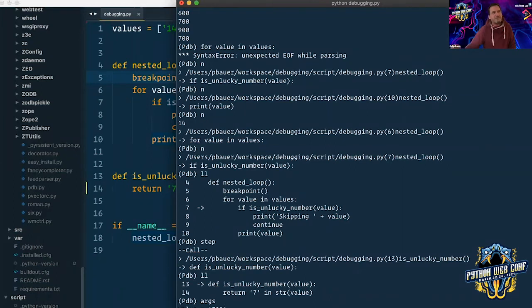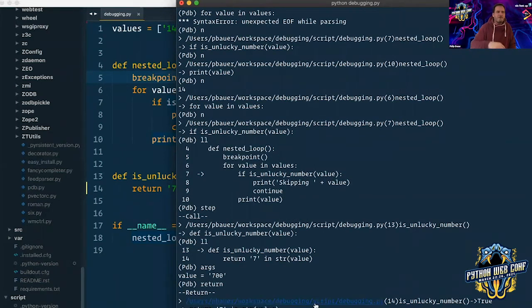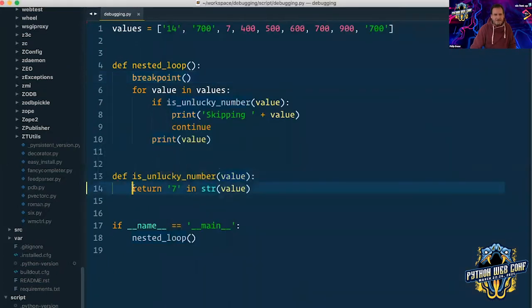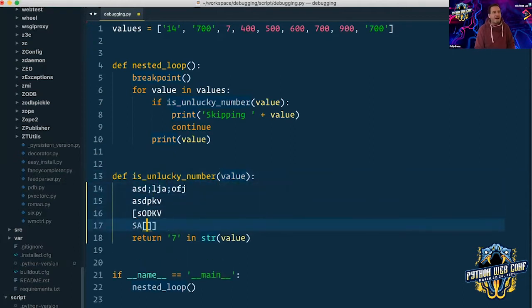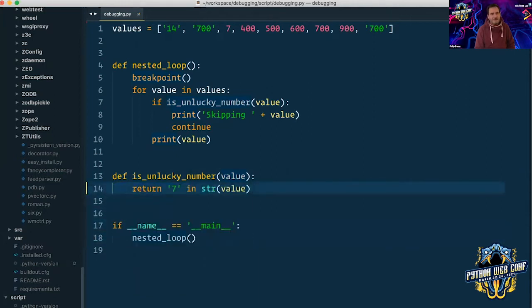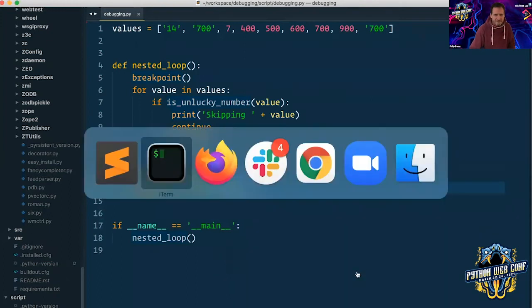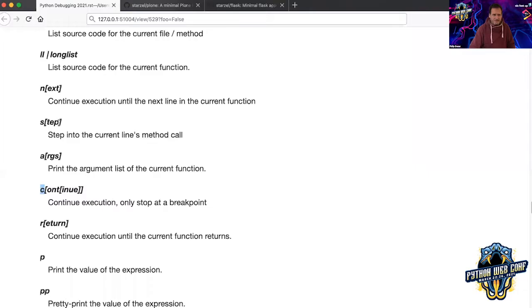So you can step into methods, and you can also step out of methods by using r or return, and then it goes to the end of this method, to the return statement. Well, in this case, the return statement is also the first statement in this method, so there's not a big difference. But if something else would be happening here, the r or return would jump me to this line of code instantly, and it could skip everything else. That's very useful. So this is next, step into, arguments, continue, return, and